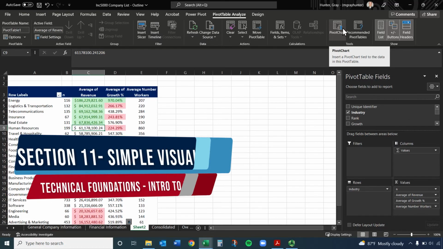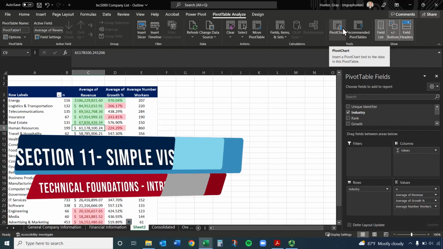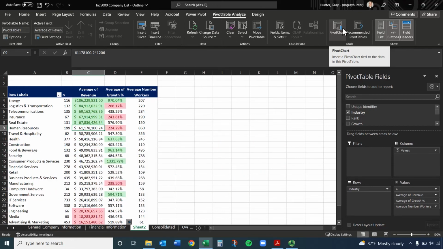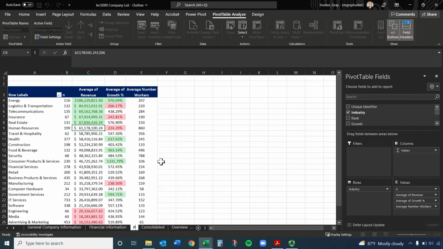But let's create some visuals here. First thing is I want a bar graph displaying growth percentage by industry, and I want it in ascending order. Okay, so generally when I'm making visuals, and maybe you all know something better than I do, but let's see, I'll rename this pivot